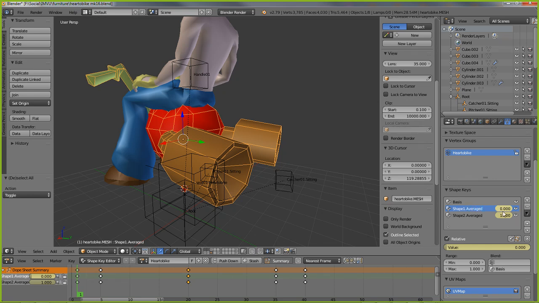Because what IMVU is doing, it's pulling the information about the shape keys and interpreting that information relative to the names given to the shape keys. So I wonder if